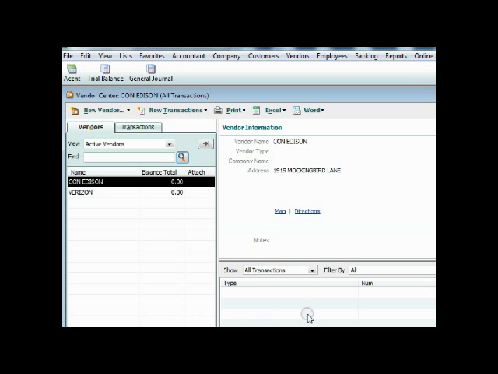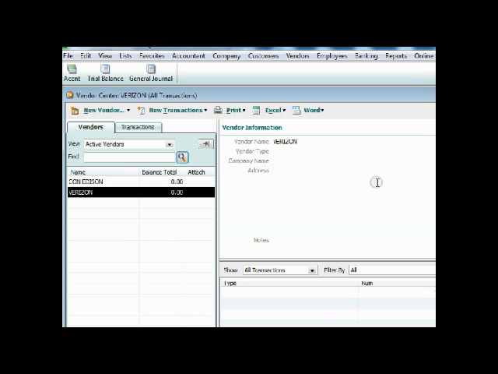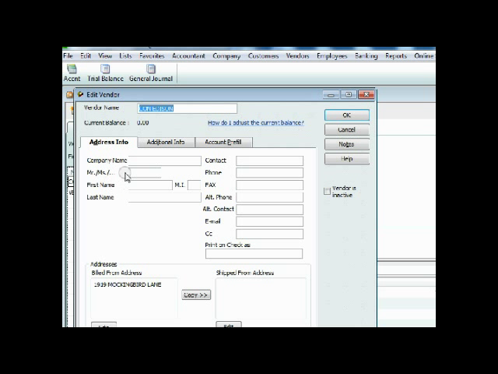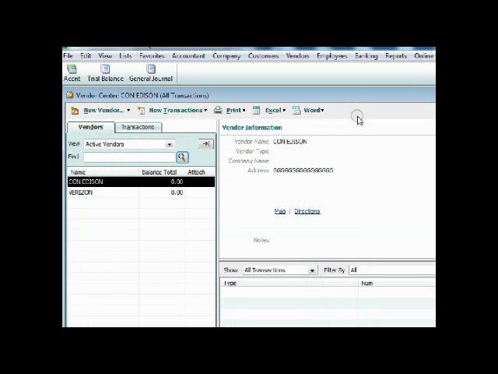When you select Con Edison, their information shows up here with whatever transactions you had down here. When you select Verizon, their information will show up to the right with any of the transactions that you have down here. If you wish to edit a vendor, you should go to the Vendor Center and double-click their name, and you can change anything in the Vendor Center that you want in the Edit Vendor window, and you can see the information